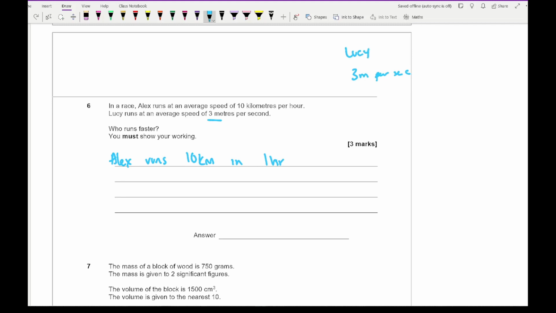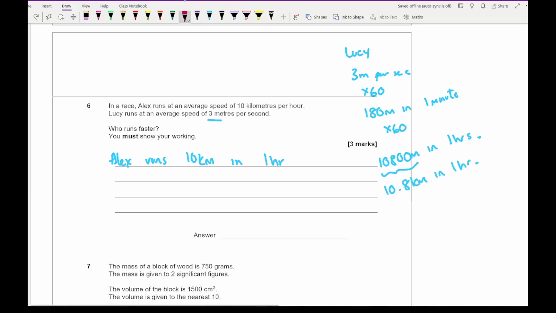So then in 1 minute, if I times that by 60, she's going to run 180 meters in 1 minute. Which then means that if I times that by 60 again, I'll see how far she runs in 1 hour. So 180 times 60 is 10800 meters in 1 hour. So if we then convert this into kilometers, that is 10.8 kilometers in 1 hour,